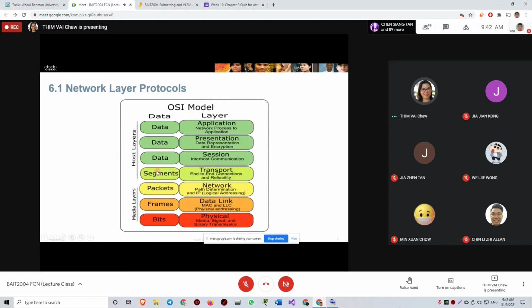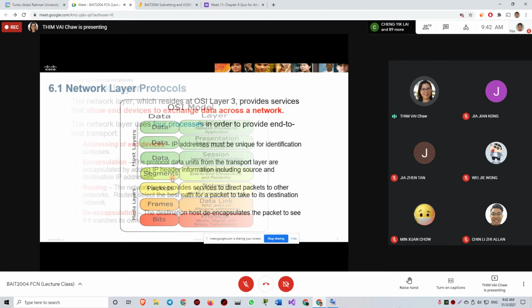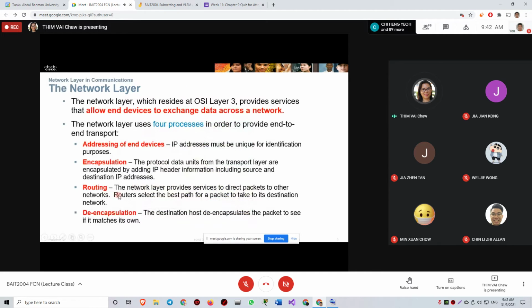This is a segment passing down to the network layer. The network layer must do the encapsulation to add in the additional information to become a packet with a header. Okay, so that's routing. Remember, even though your PC is not a router, your PC must know how to determine whether the packet from the PC should go to the remote network. If the packet belongs to the remote network, your PC must know that it needs to pass it